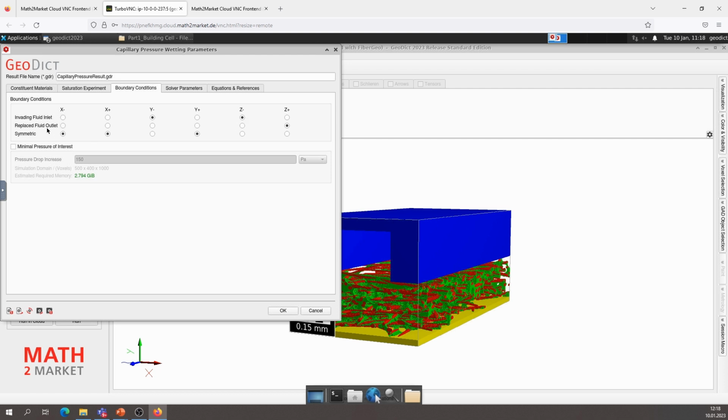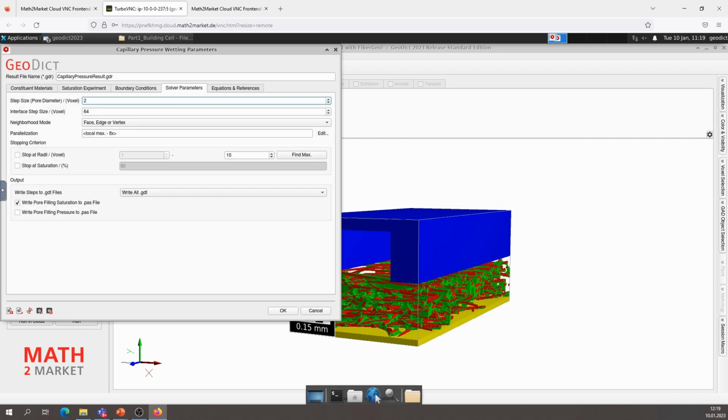The replaced fluid outlet is where the water is coming, going through the GDL, and then taking the flow field to leave. So the replaced fluid is in Z plus and Z minus direction. The boundary condition is symmetric in all directions. So we have the fluid coming from minus Z, and it's leaving in the plus Z direction.